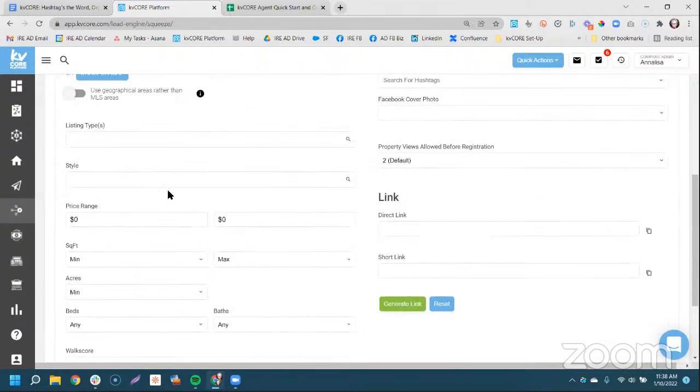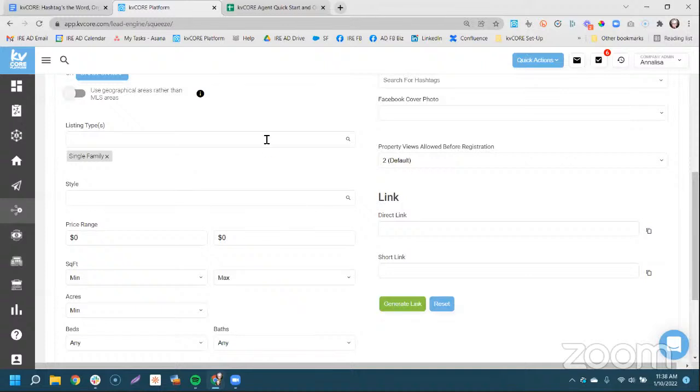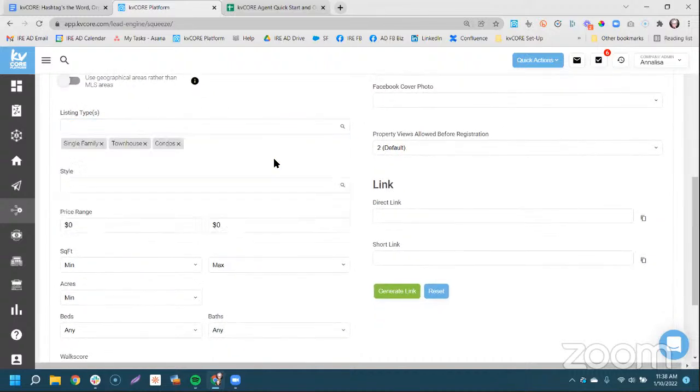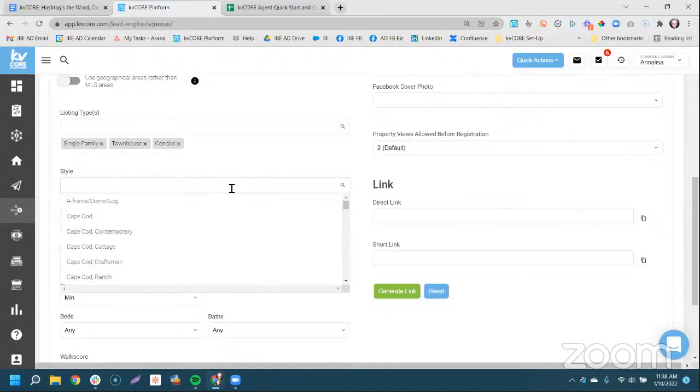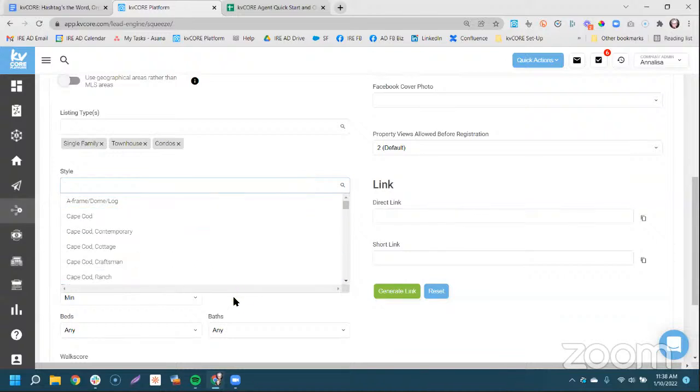Next thing you can do is identify the listing type. So within this, do we want to only pull single family homes? Do we also want to put in townhouses? You can actually put in little parts of keywords here as a quick little pick. And then with style, I normally omit this because it gets kind of muddy. When you add these in, it might do something to your results just because they might have this feature and the listing agent might not have chosen it. It's just one of those things where I just leave style alone.